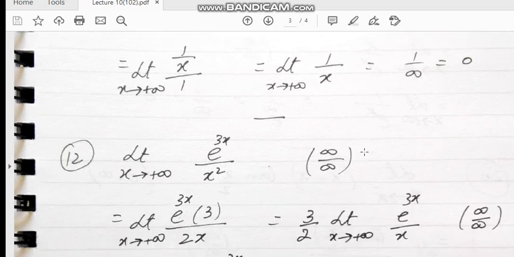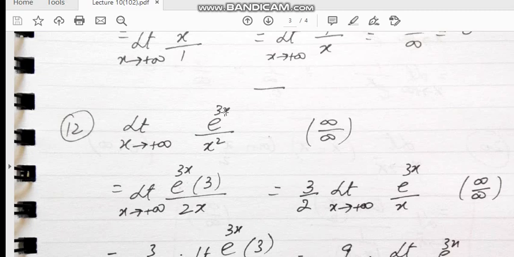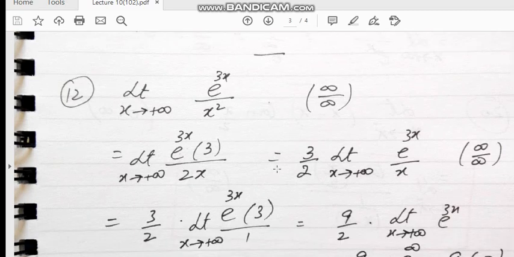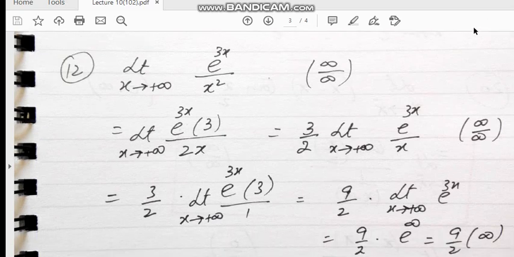If we apply x approaches infinity, e raised to power infinity is infinity over infinity form. Again derivative of numerator is e raised to power 3x as it is, derivative of exponent over 2x. When we check this function by putting x approaches infinity, this is again infinity over infinity form. So we have to apply L'Hopital rule again on this function. E raised to power 3x into 3 is the derivative of this numerator over derivative of 2x will be 2, and then putting limit, 9 over 2 e raised to power infinity is infinity, so the answer will be infinity.